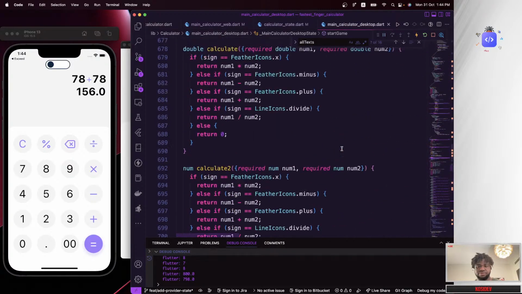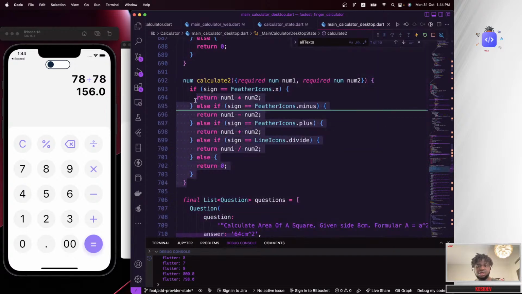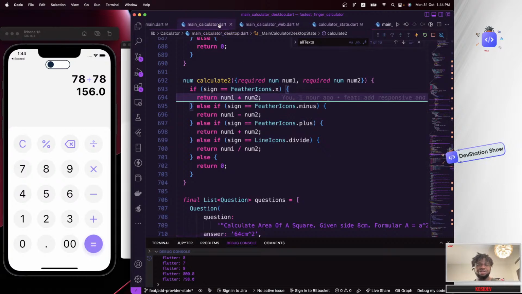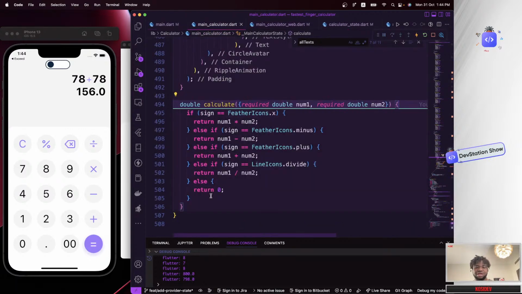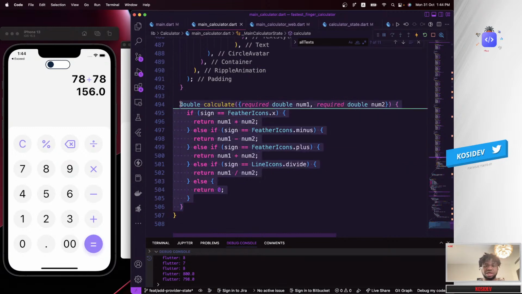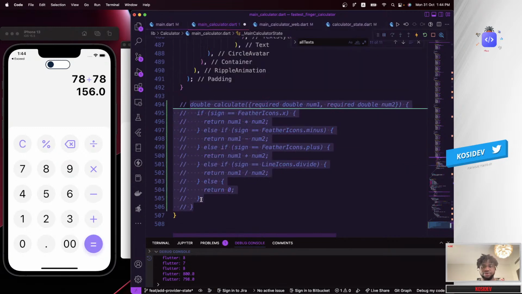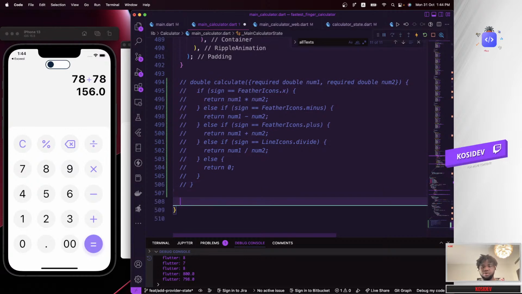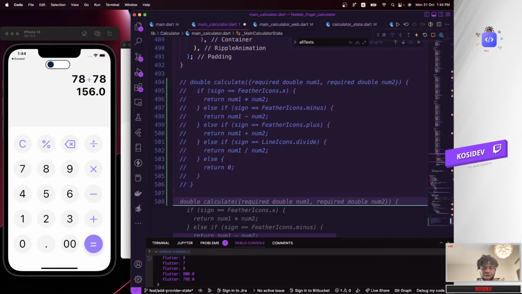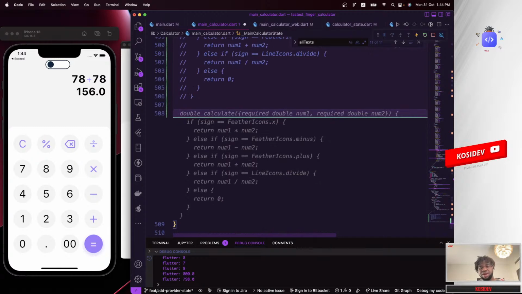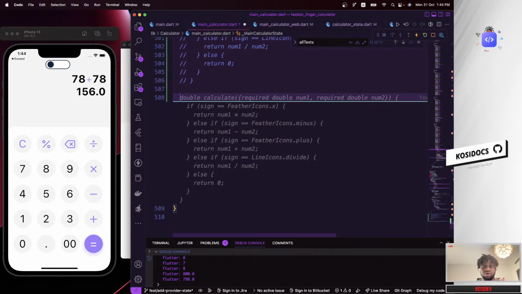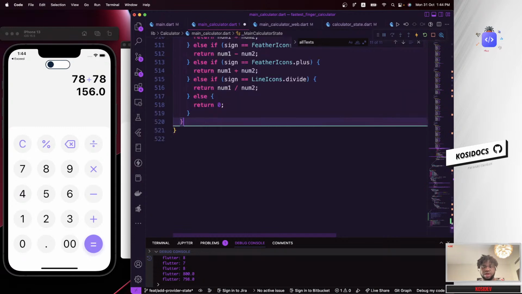Where is that? The function. Oh yeah, basically this is it. I'm going to copy this over and we're going to replace this. And right now, if you look at our code base, it's quite messy at the moment, but we are going to fix this. Maybe if we have the time today, or in the next stream, we'll fix the whole code base to use provider for state management. So the whole platform will utilize each state through one particular state management that we're going to create using provider. So over here I'm going to paste this code,